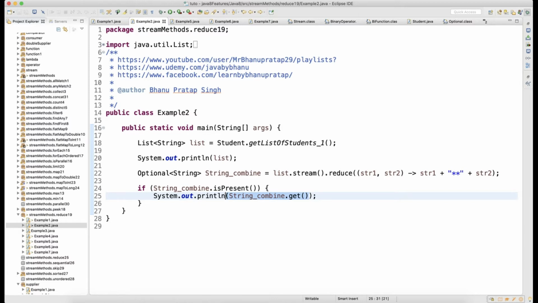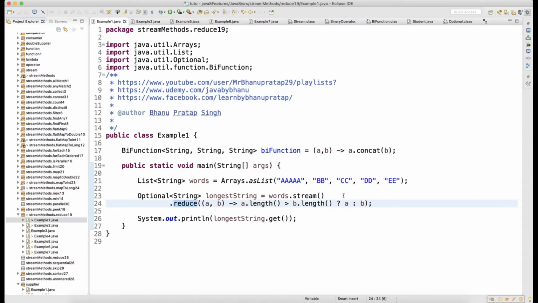So here, see the output, your entire string. In the previous example we had a condition like if length is greater then print A or print B. Those were the conditions in the previous example. These conditions were getting evaluated and you got only one string out of this list of strings.